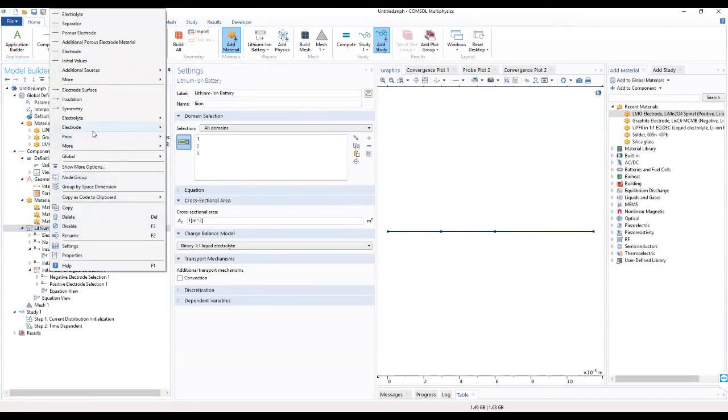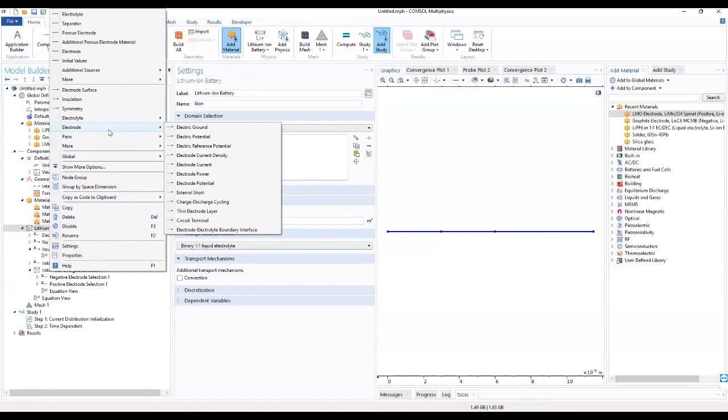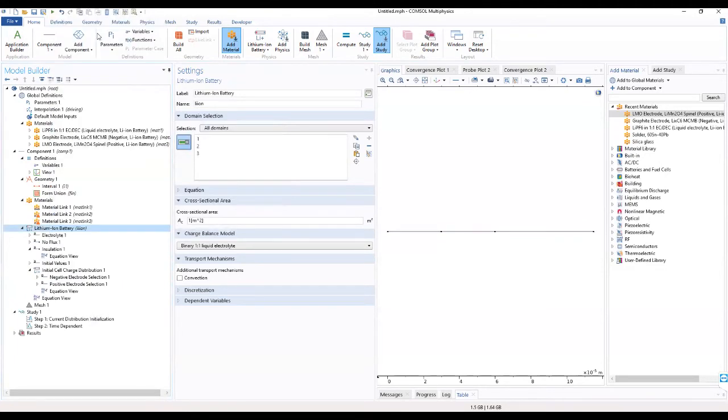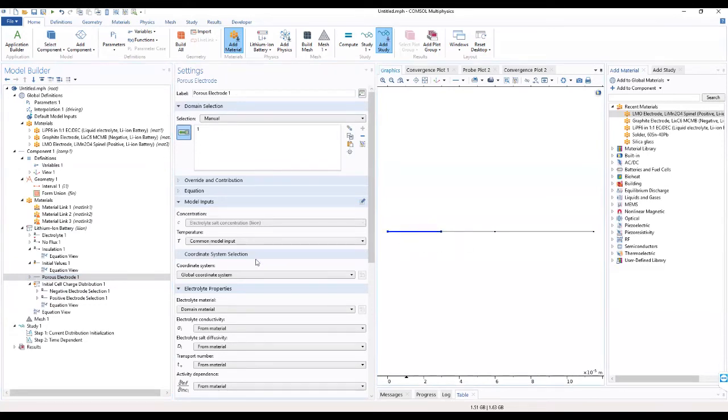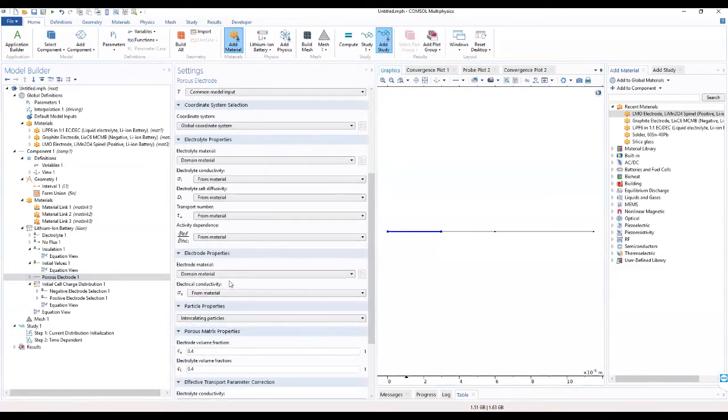And add a porous electrode. And the porous electrode has to be, yeah. So the first porous electrode in here,